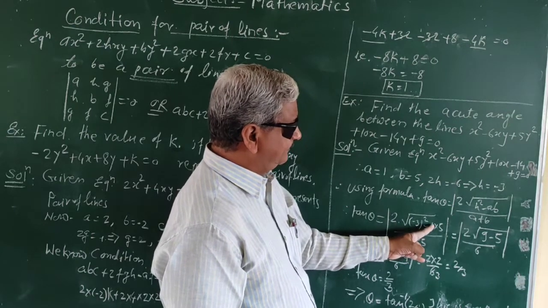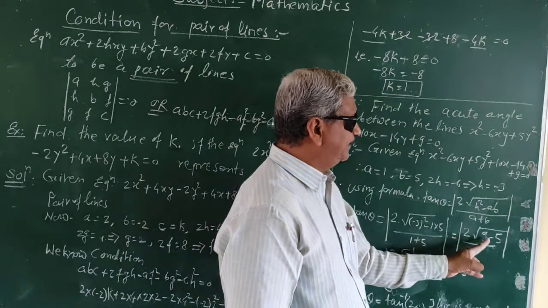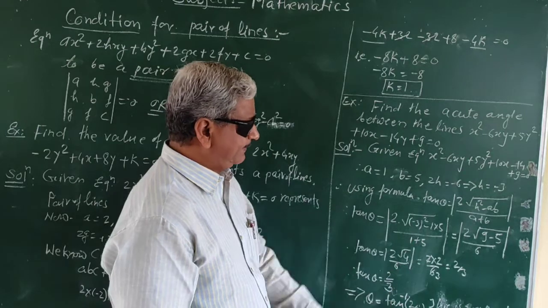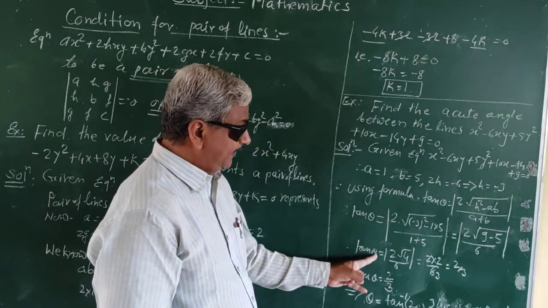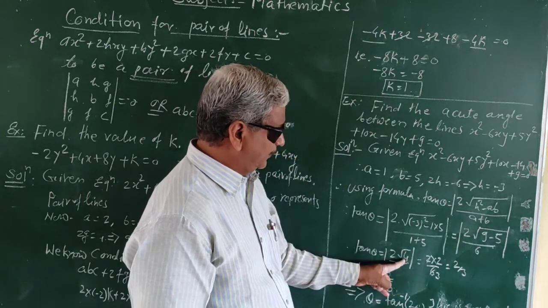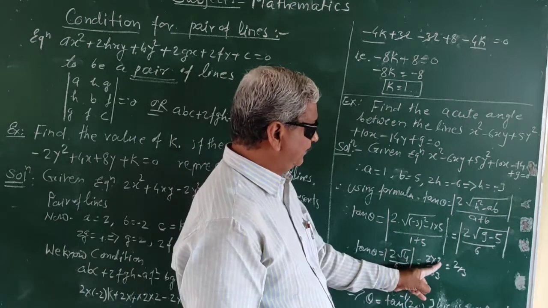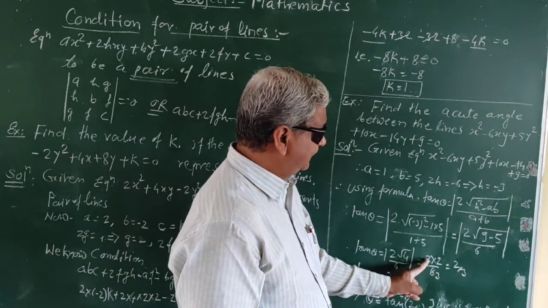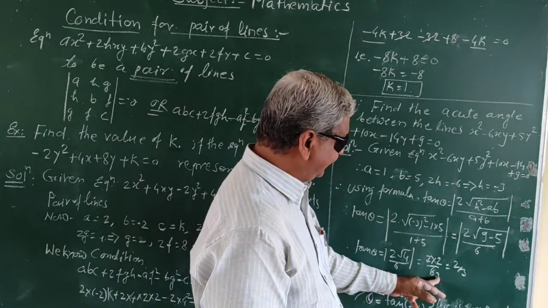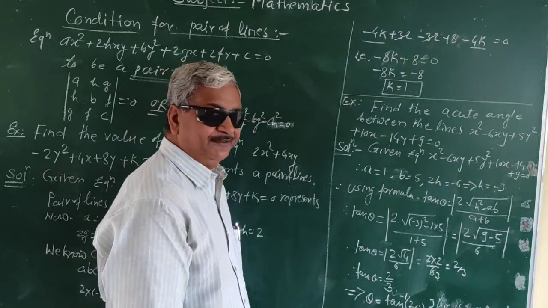Minus 3 square minus value of A is 1, B is 5, so it comes to be 2 into 9 minus 5 divided by 6, A plus B, that is 1 plus 5. And therefore, tan theta is equal to 2 into 9 minus 5 is 4, so it is square root of 4. And divided by 6, it is square root of 4 is 2 into 2. And this we simplify, it gets simplified here, it comes 3 here, so it is 2 by 3. So in this way we got here tan theta is equal to 2 by 3.